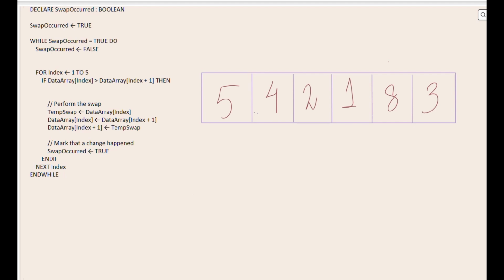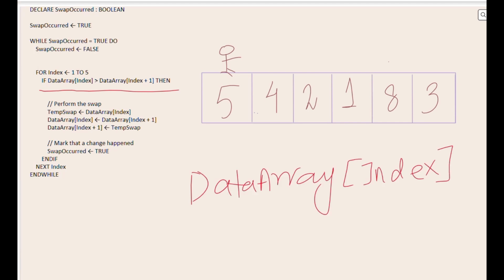So now see this line. If data array index. So this man worked as the index, okay? So basically this line, data array, this means that this array, and this is the position of that element wherever the man is standing. It means that this guy, wherever he is standing, go and check that element, okay? If this is greater than the next element, which means index plus 1,